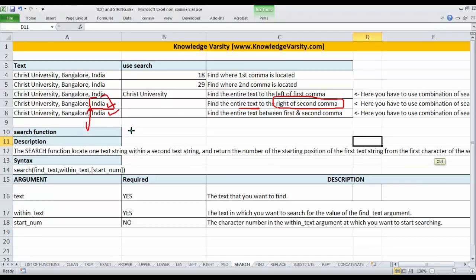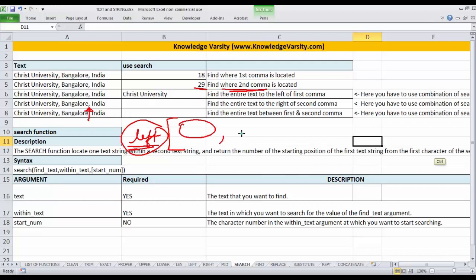You have found that the second comma is at 29. If you try to use the left function, it will not give you this, so you would want to use the right function.